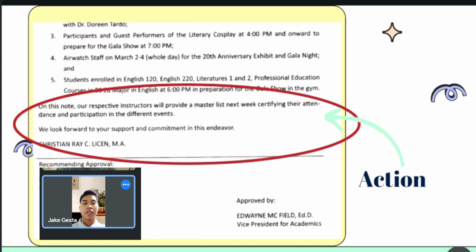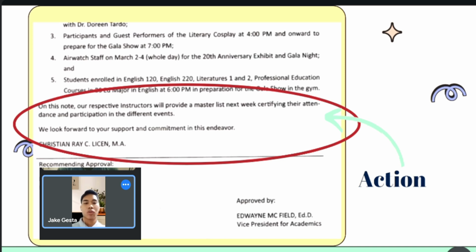So, here's the memorandum. Memorandum to all faculty members from Gesta, date May 22, 2024. Subject: submission of master list for attendance and participation in events.